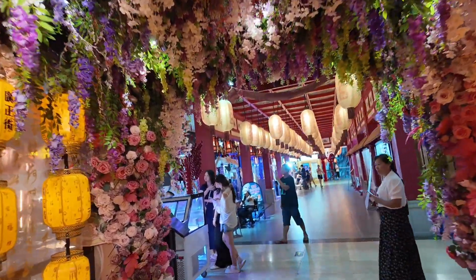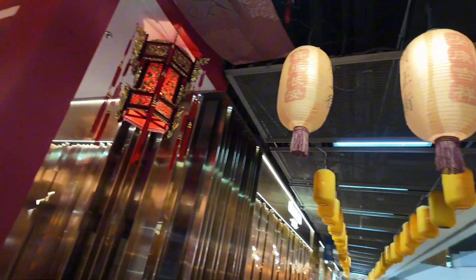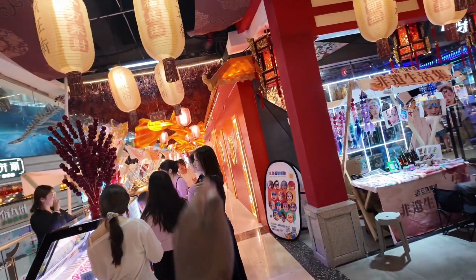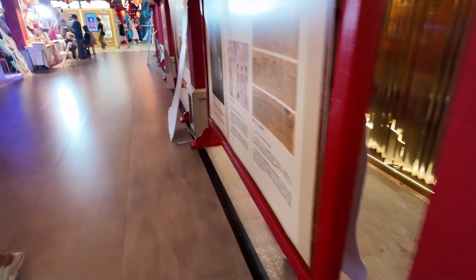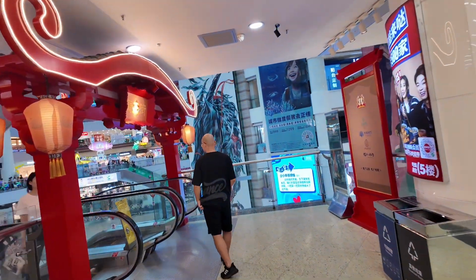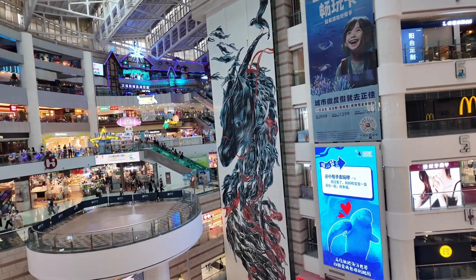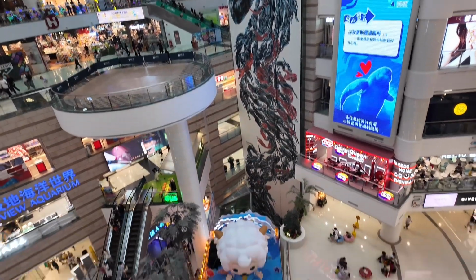Wow, and here is the mall. Wow. This side is different. This side is different. And this side too is different, yeah. So I feel like I'm more confused, yeah. Like, how could a mall have this kind of architecture? The architecture here is very, very amazing. Very amazing. I don't know what to say again. Here is the lift. This is the lift, escalator, but you can see the design, how accurate it is. And here we are like maybe on the 7th floor. And then when you go down,